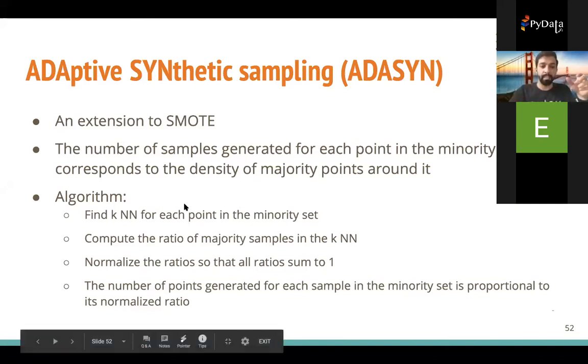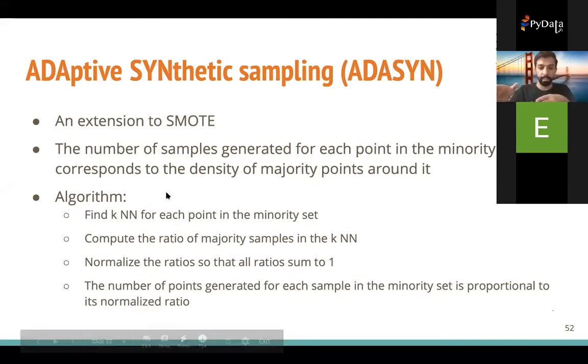The way it works is that it first tries to find the k-nearest neighbors for each point in the minority set. And then it computes the ratio of the majority samples in the nearest neighbors. So for example, one point can have 75%, or 0.75, of its neighbors from the majority. It can have 0.5, etc. So we're going to have a ratio for each of these points in the minority set.